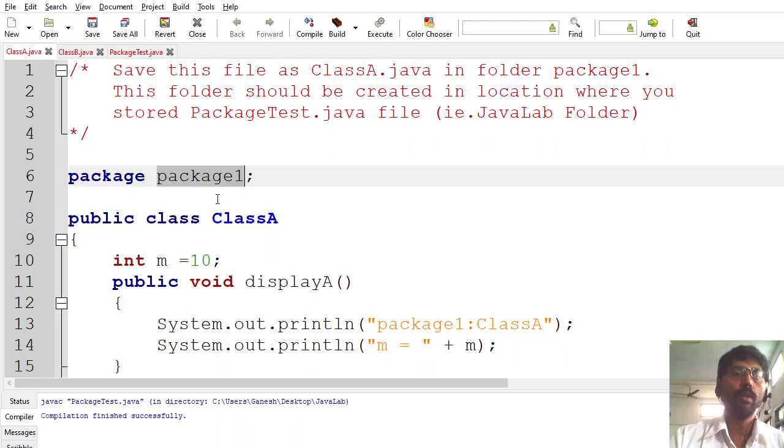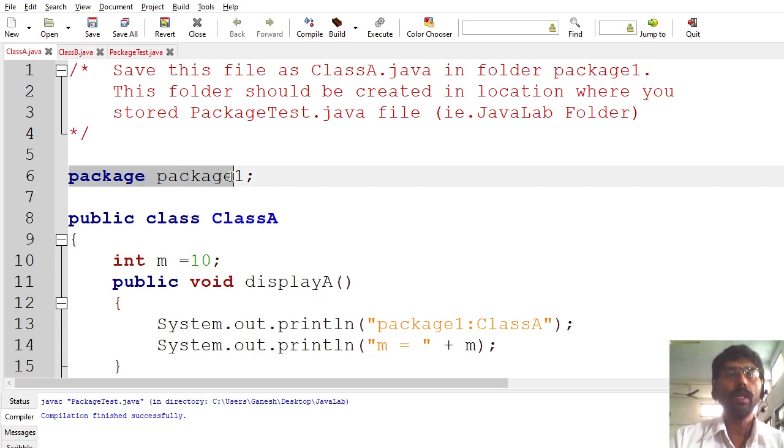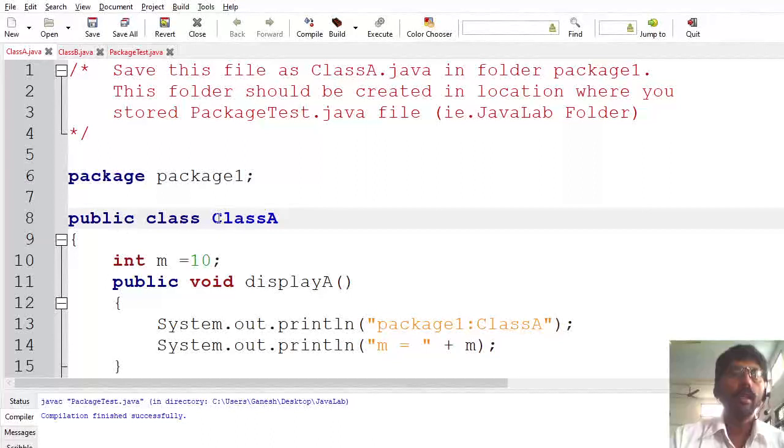For example, most of the time we import some classes from the java.lang package. java.lang is the package name there. In a similar way, I have created my own package called package1. Here class A belongs to package1.